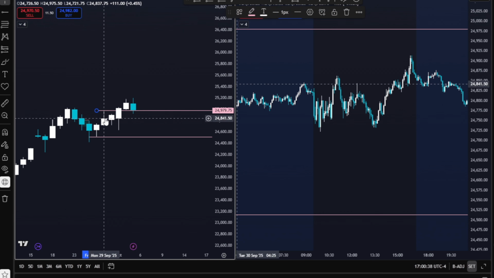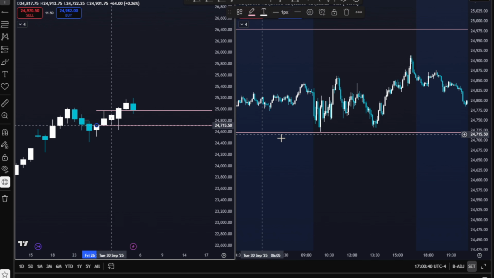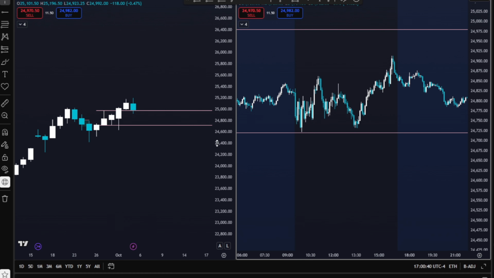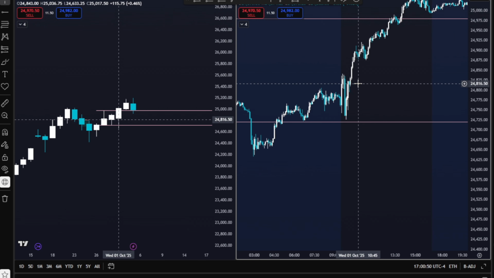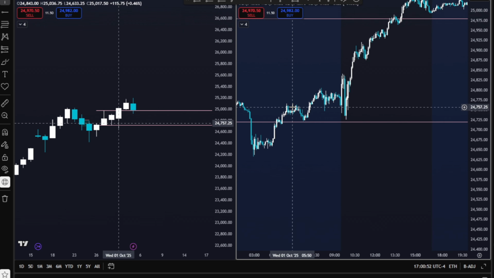And I think this is near the end. So this is the 30th, the last day of September. So again, no trade on this day. And it's a range between. And I think the next day, yeah, this is October. So from the conclusion here, you can pretty much see